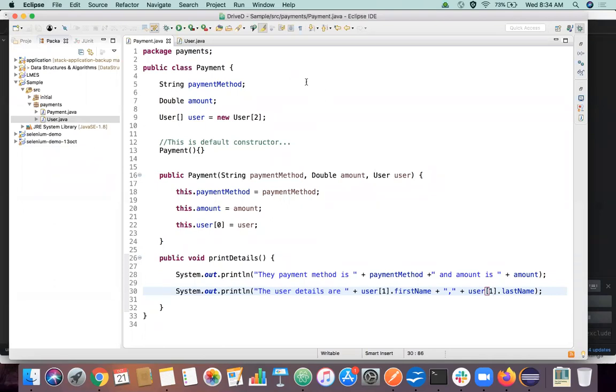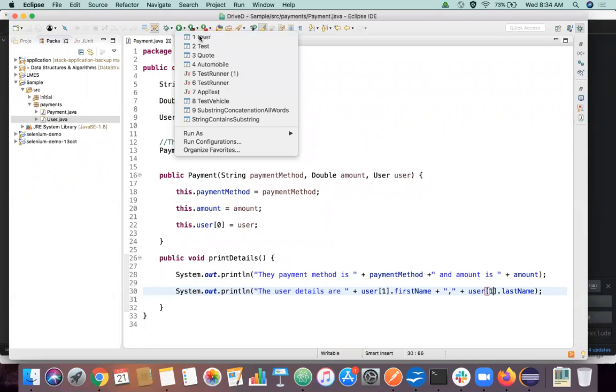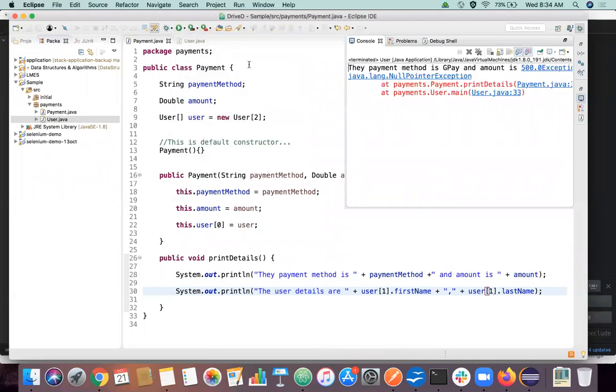Like we discussed, whenever you use an object, if you don't assign any value, what will be the output there? Null, like empty, it's a pointer type. Null actually, yes. So only we are getting null pointer exception. Why are we getting null pointer exception? Because the object will be null, and whenever you are trying to access something from the null, right?